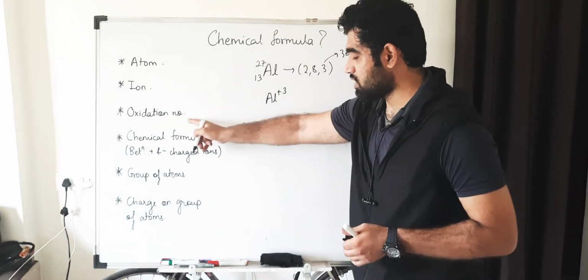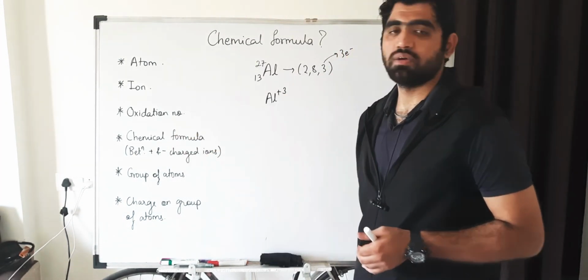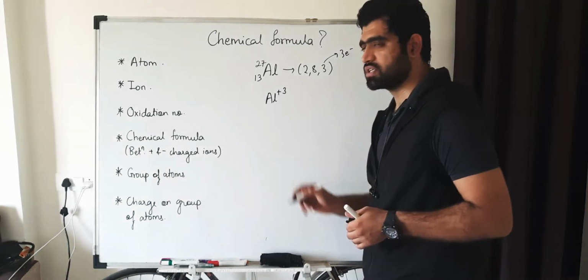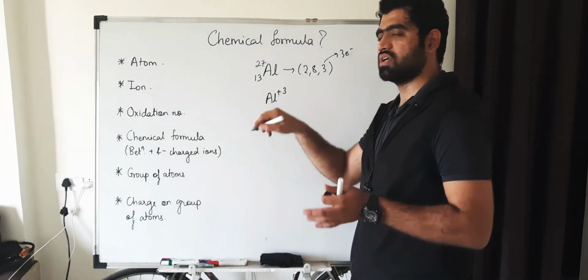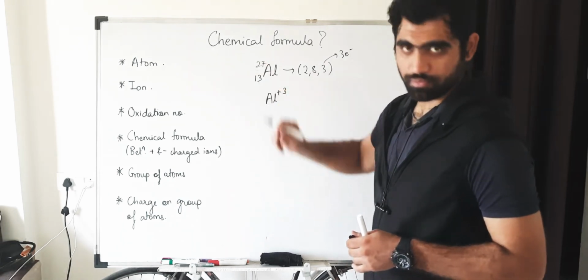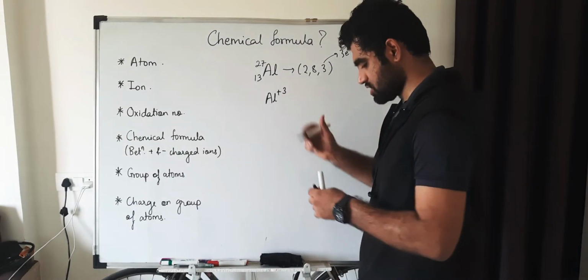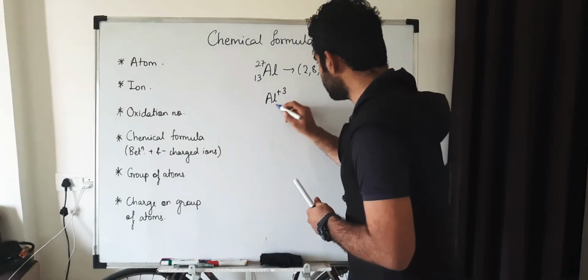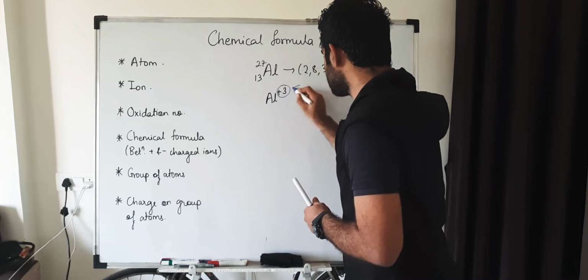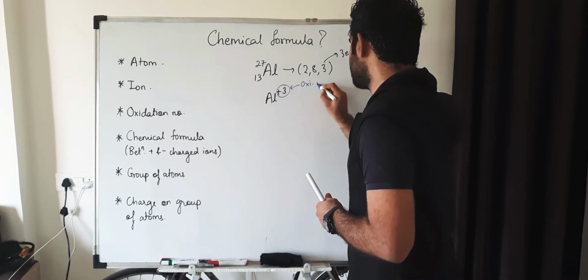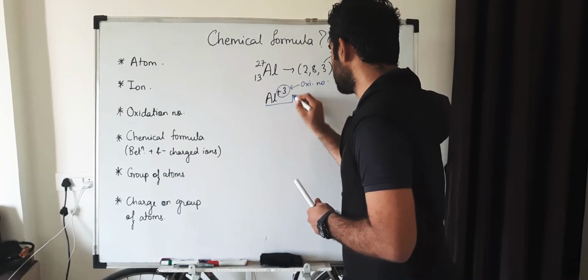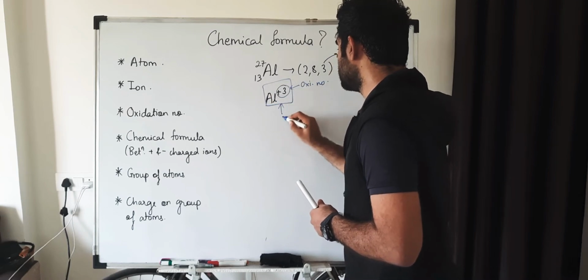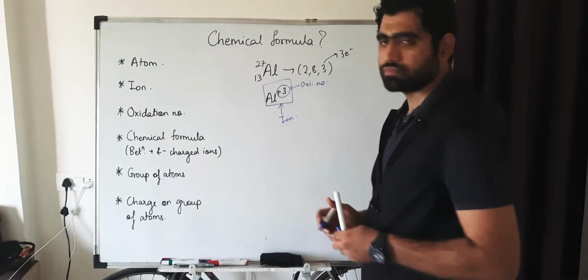Yeah, so here it reminds me of the concept of oxidation number. So oxidation number is what? It is the charge to which the atom is raised in an ion. Okay, so this is the ion, this is the oxidation number. So if you want, we can even differentiate. This is the oxidation number and this complete is an ion.